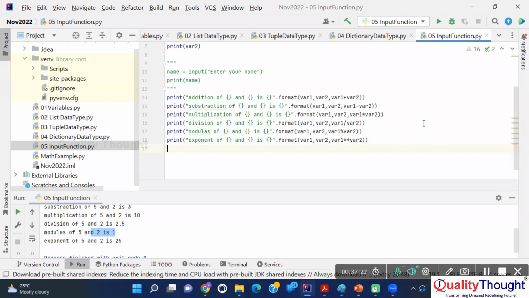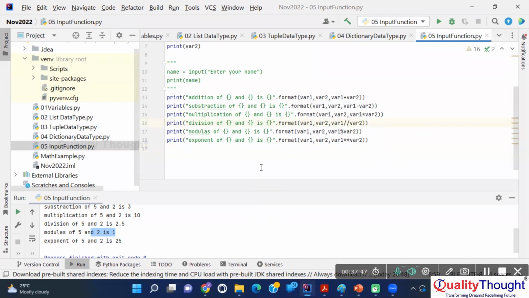Hi Shekhar, I have a doubt. Yeah, tell me. Suppose instead of using the single forward slash, if you use double slash, then what happens? Two slashes you are saying? Yeah, exactly. It is called floor division. Basically, we